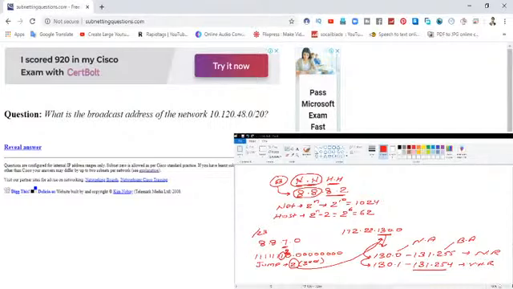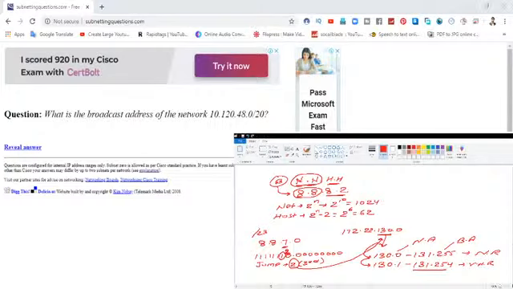What is the broadcast address of the network? We have a network given here and it's asking what would be the broadcast address of that particular network. Again, we are not bothered about which class of IP address is given here. We will just focus on the CIDR value and the subnet mask. Wherever the jump would be, we will focus on that particular octet. That's it. Subnetting is done. Now